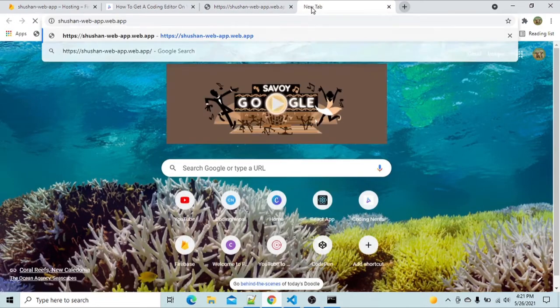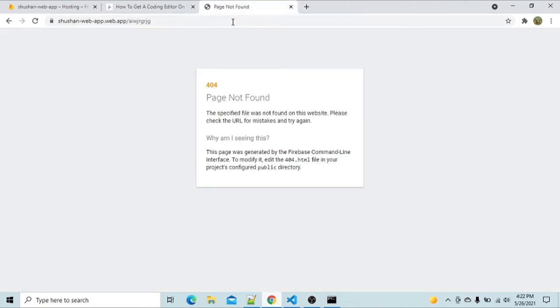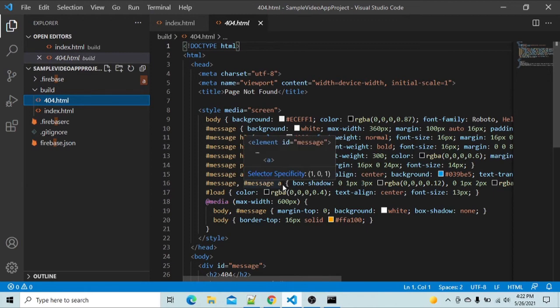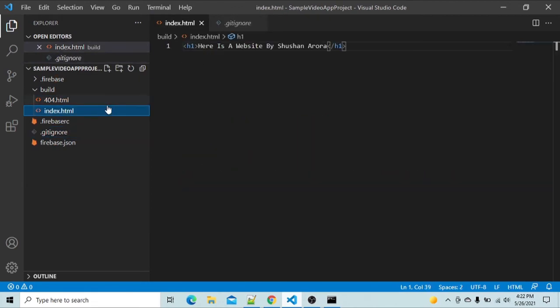So you guys can actually go check this out. I'm going to leave this live. You can go enter the URL. Here's a website by Shashan Aurora. You guys can see this. And if we enter a 404, it's just going to show this really lame message, because it's licensed by Firebase. But an easy way, just go here and just for a sample,